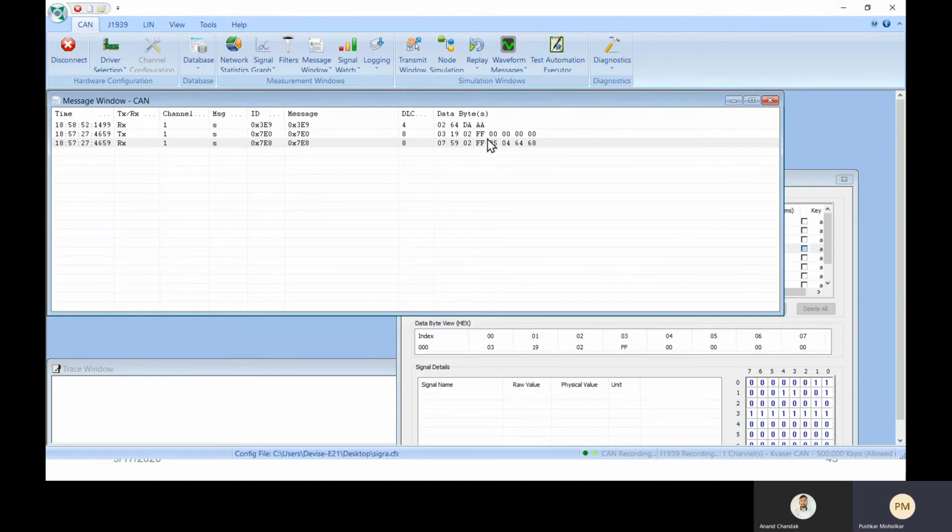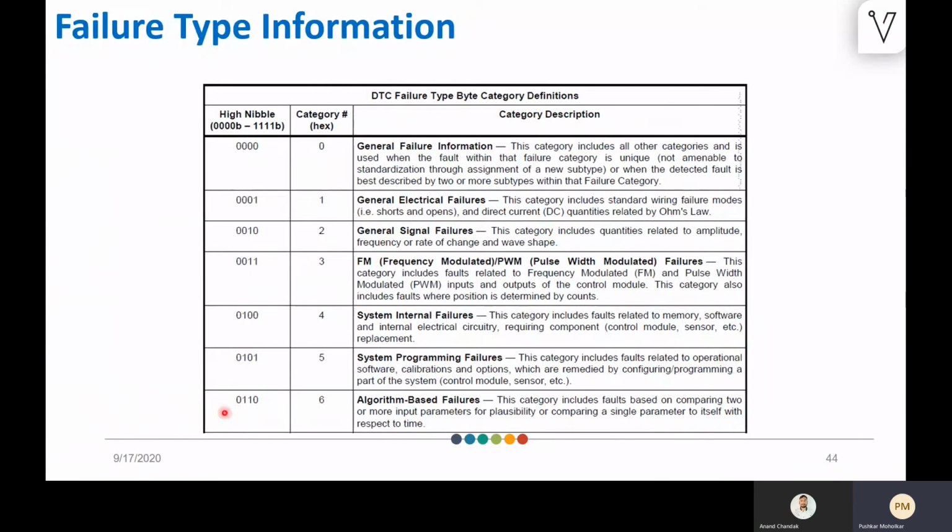So this forms the DTC, and this is the status of the DTC. So as we have seen in our previous session, this is decoded as P0504 trouble code, and 64 is the failure type byte. So in case of 64,